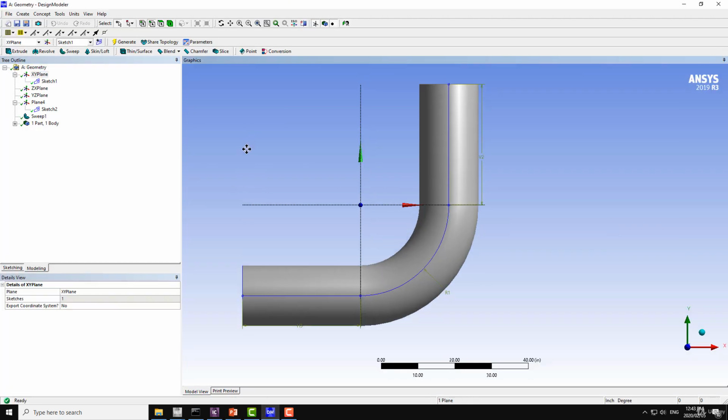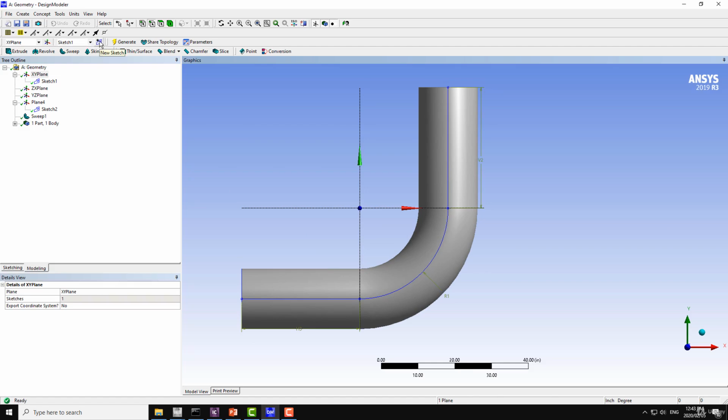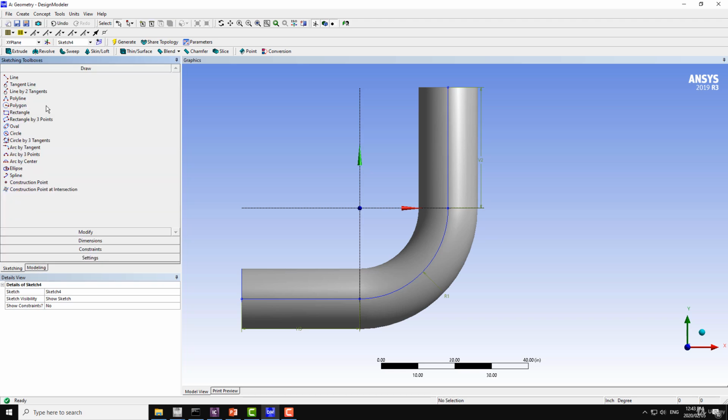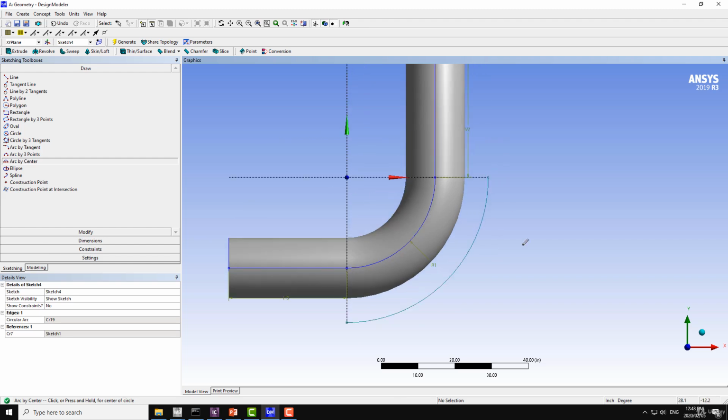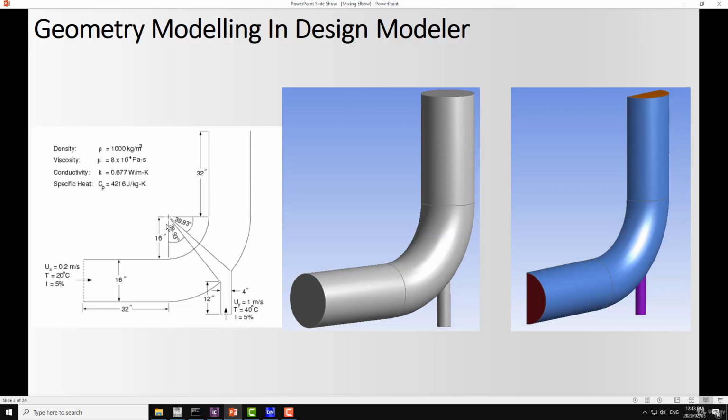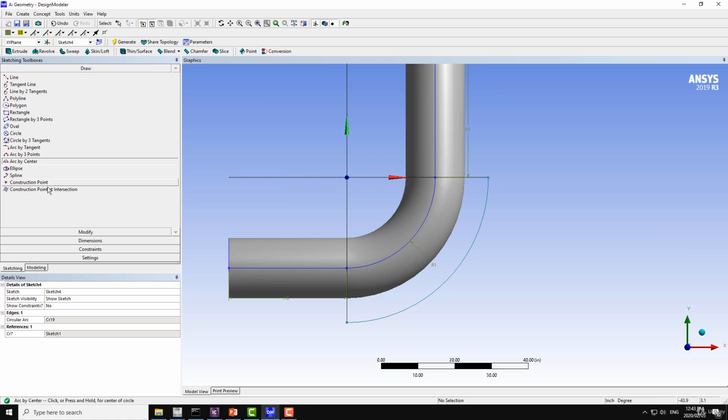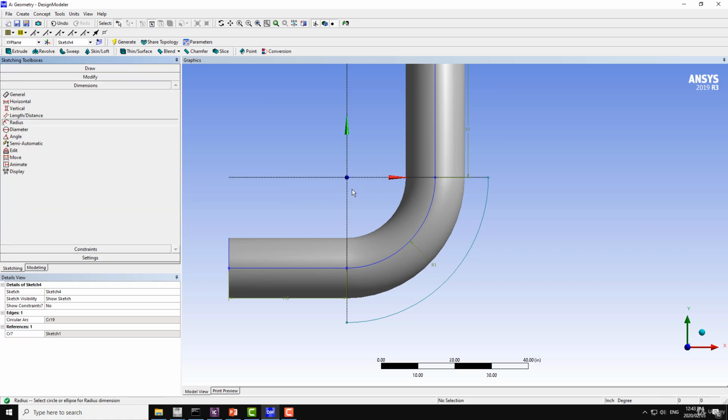On the XY plane again, click on create new sketch and select sketch number 4, which is a new sketch here. And from here I will create a new arc with again the same option, arc by center, and point P should be here. Again on the x-axis the point C, and again on the y-axis you should also see the point C, and the radius of this arc should be equal to 16 plus 16, 32 inches. From dimension I will choose the radius as 32